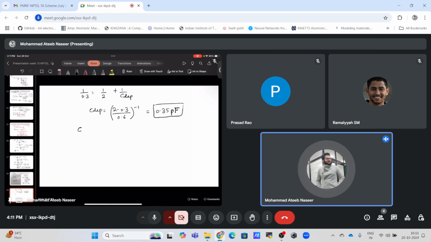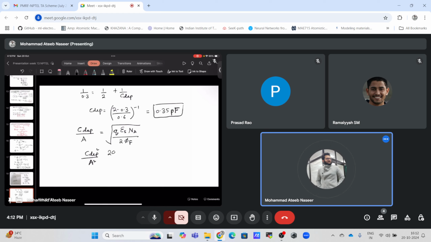Now this is the total depletion capacitance. The per unit area is C dep by A, and it is simply given by the square root of q times epsilon S Na by 2 times phi f. For the depletion width, we have considered the surface potential to be pinned at psi s equal to 2 phi f. That's the classical definition for the surface potential pinning. So if I square this thing, it will be C dep squared by area squared